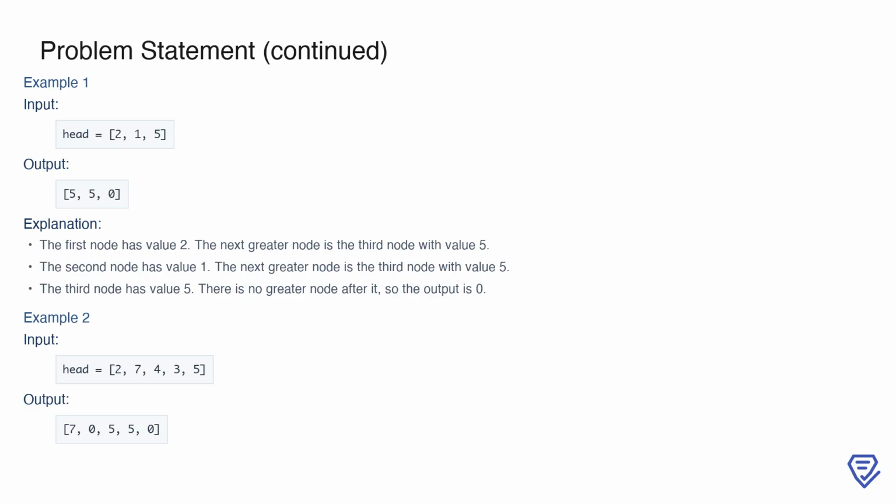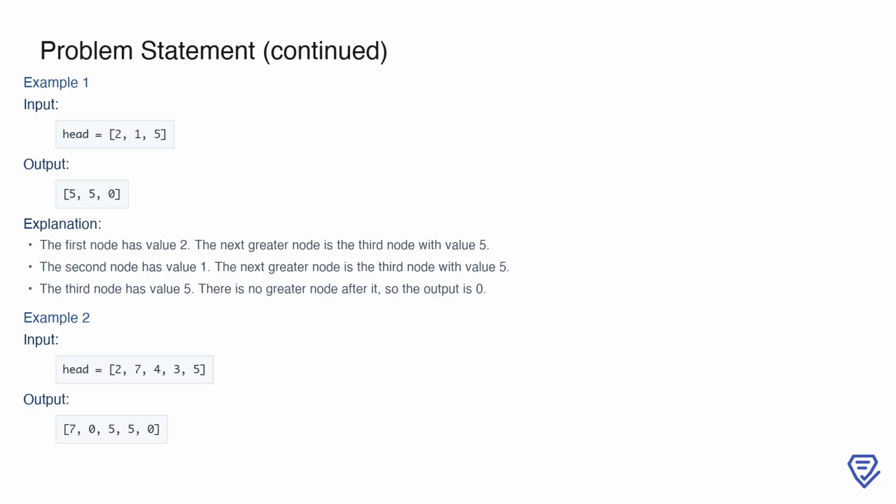For the input linked list 2, 1, 5, the output will be 5, 5, 0. Here's why: the first node has a value of 2, and the next greater node is the third node with a value of 5. The second node in the list has a value of 1, and again, the next greater node is the third node with a value of 5. For the third node with a value of 5, there are no nodes after it with a greater value, so